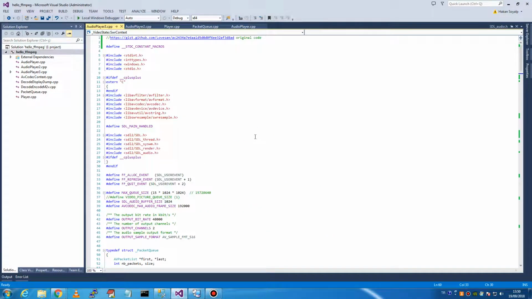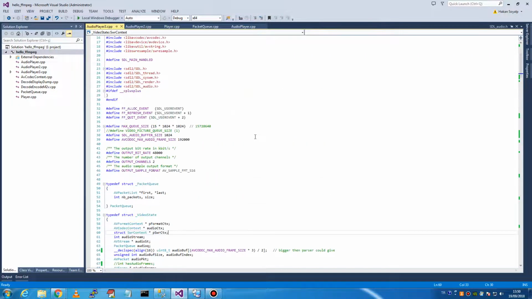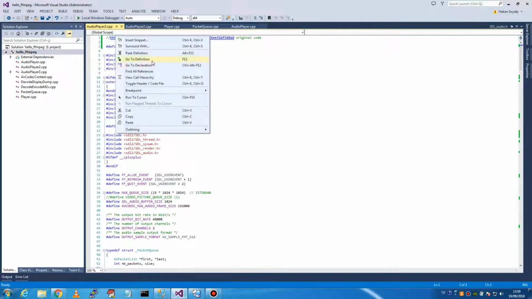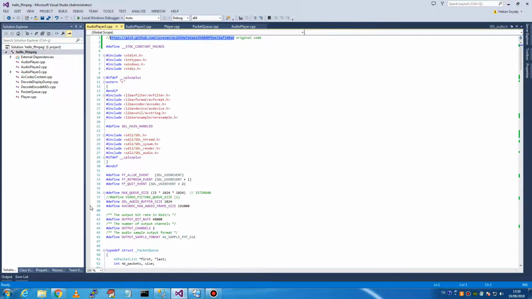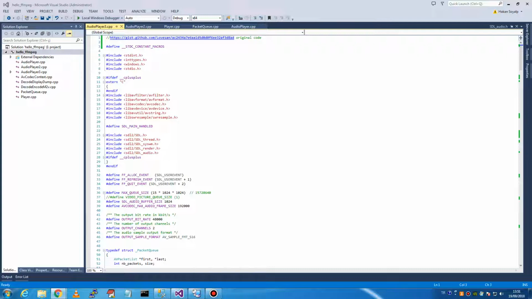Today we are going to explain a simple audio player. Origin of the code is here. It is actually an audio video player, but let's make reference to it. The original code I found on GitHub